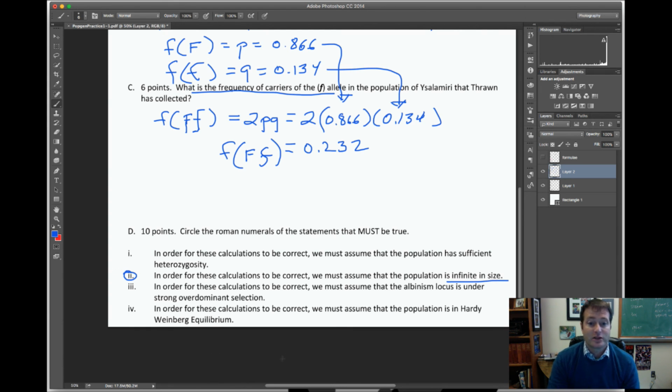In order for these calculations to be correct, we must assume that the albinism locus is under strong over-dominant selection. All right, if you circle this, you may have an issue. This isn't even about albinism. This is actually a leftover from a previous exam. It says under strong over-dominant selection, so we actually assume that there's no selection when we work with Hardy-Weinberg equilibrium, so this definitely must not be true. In order for these calculations to be correct, we must assume that the population is in Hardy-Weinberg equilibrium. Yes, absolutely. And then there's a 5th one that has hidden